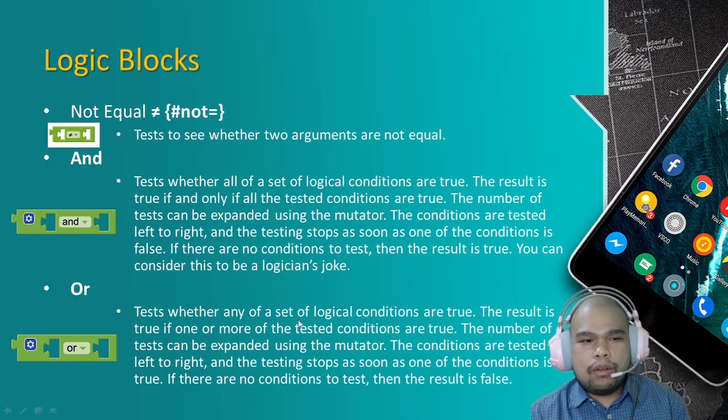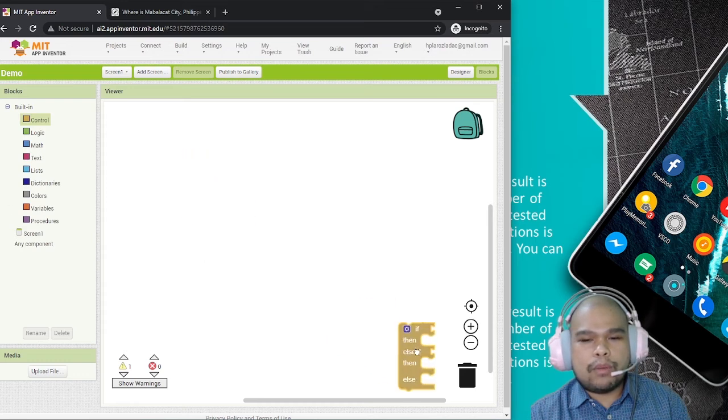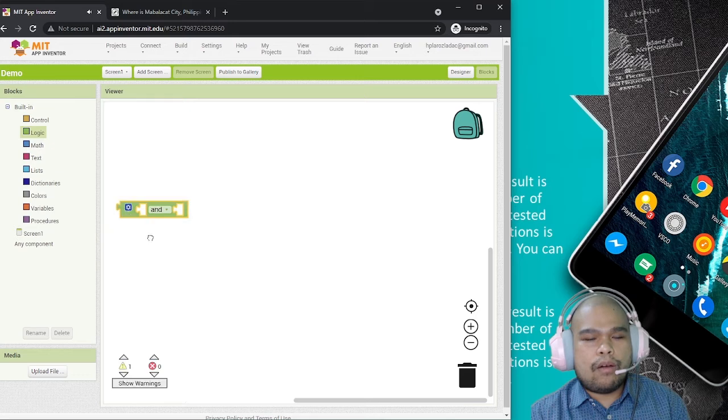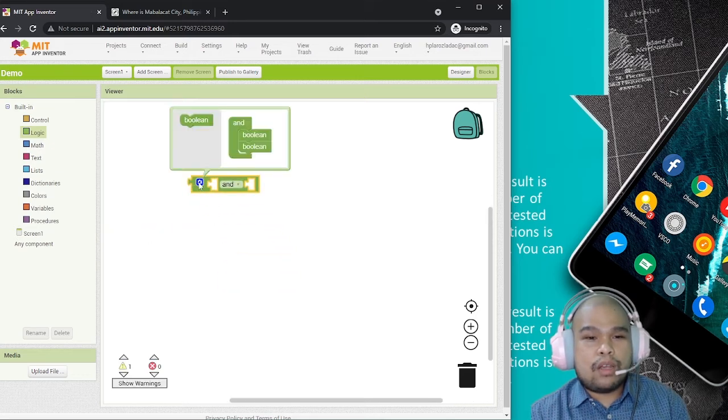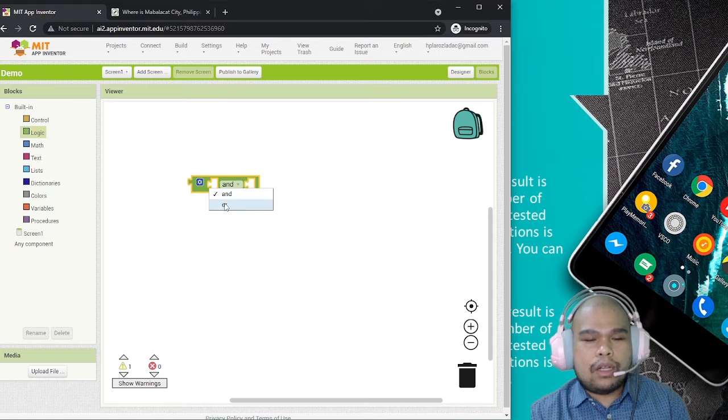So, ngayon, meron din tayong mutator dito. I'll just show you kung ano yung mga iba natin pwede magawa on your mutator, no? So, let's say logic. Ito, halimbawa, itong end na to. Pwede mong i-select yung mutator na to. Halimbawa, ayan, you have multiple values, no? Or you can also select itong drop-down selection na to para palitan kung alin yung gusto mong gamitin. Halimbawa,